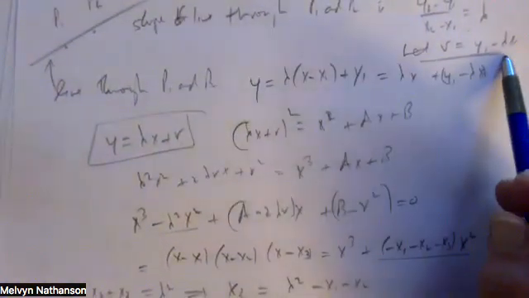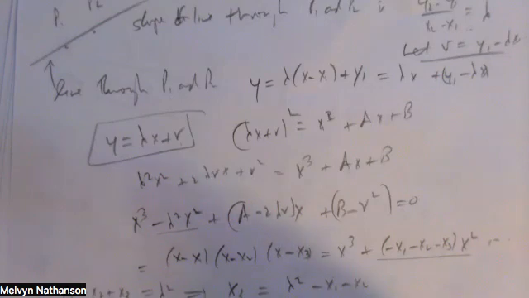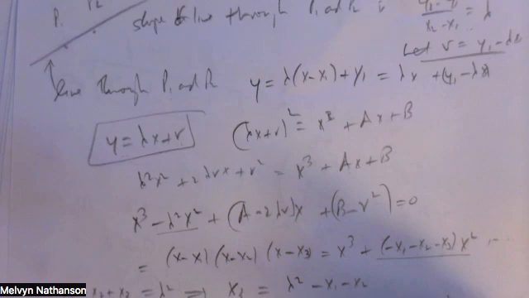Nu is y1 minus lambda x3. So I could also write this as lambda x3 plus y1 minus lambda x1. So this is lambda